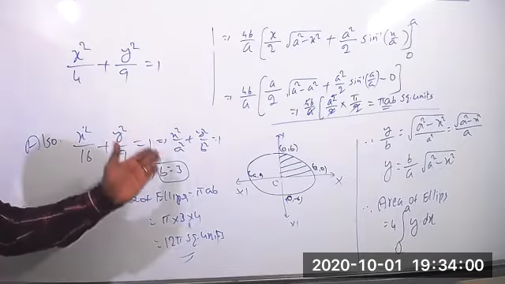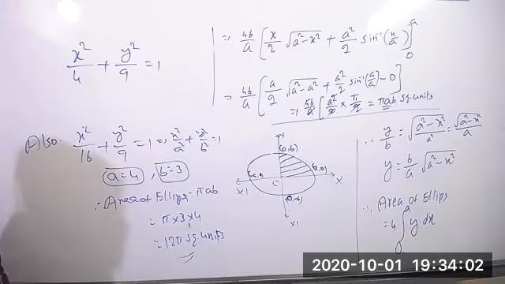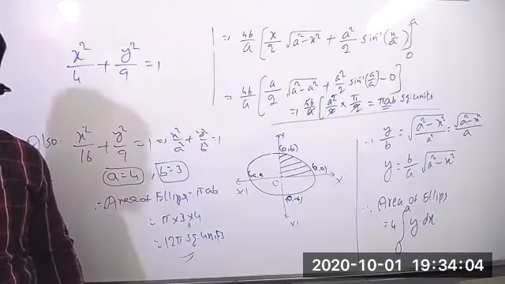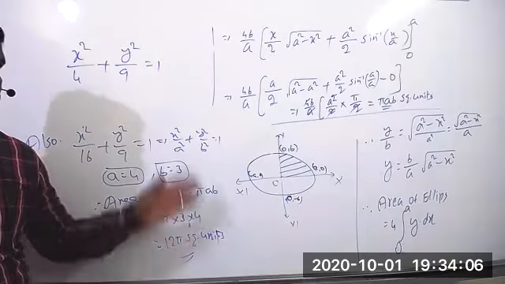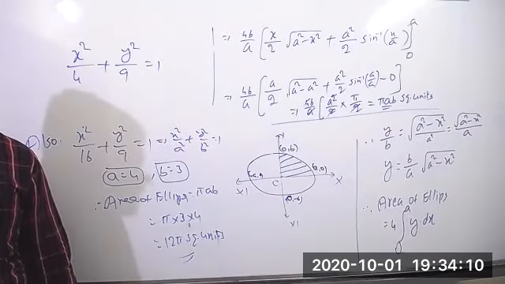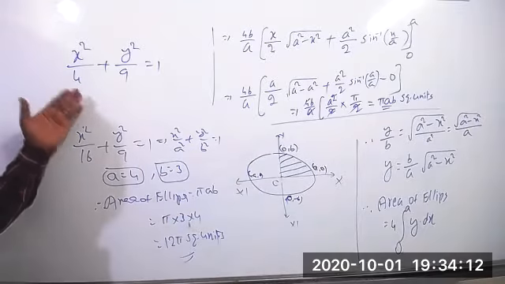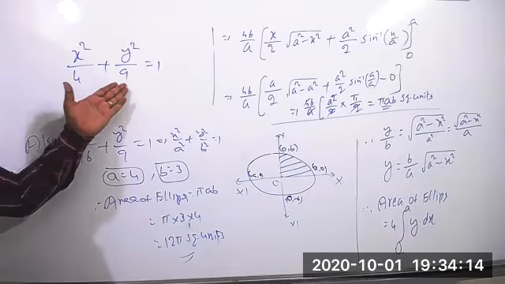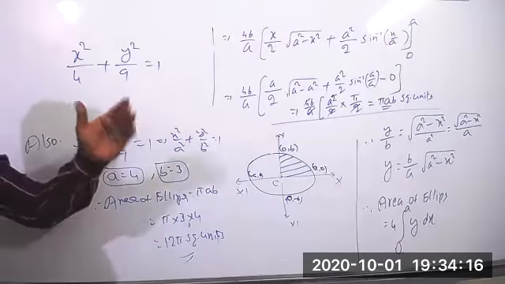I think you already got the idea now. But don't write the direct formula. We have to prove each and every step, we have to write. Already we know the formula directly, pi ab, but don't apply it directly. Clearly we got the area will be, what do you get? a equal to 2 and b equal to 3. So 2 threes are 6 pi.